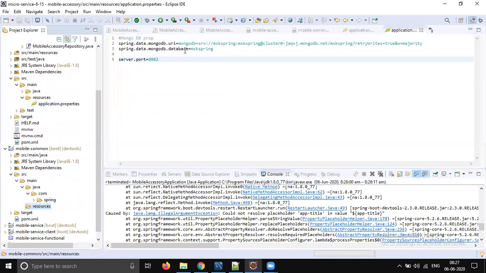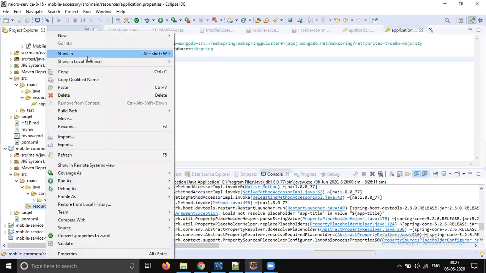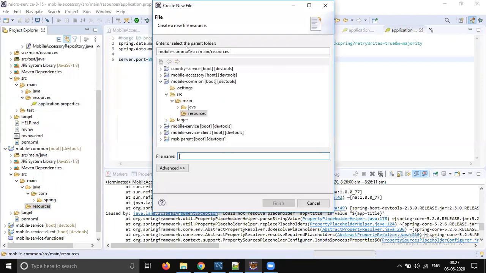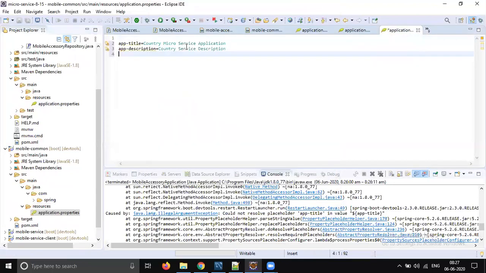Do not break the application if the Open API documentation name is missing. So let's create some default application properties. Yes. So let's have some default name and type, right? Microservice, application description also microservice. The common also, are we using it? Hmm? Common we are not using, right? It's app title or description.